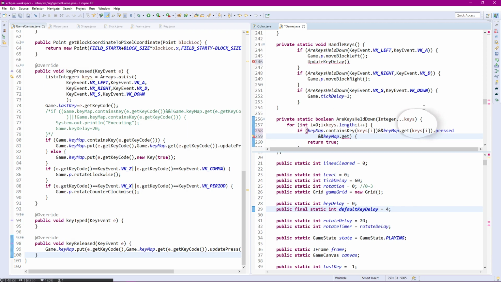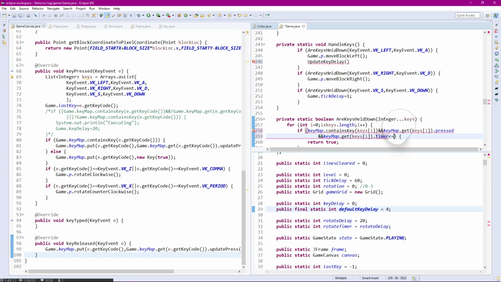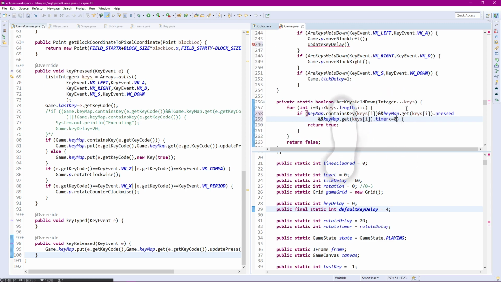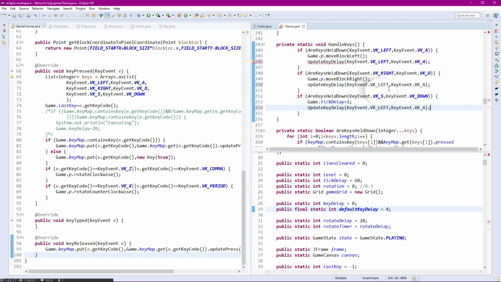Keymap.get(key).timer is less than or equal to 0, then return true. Then you update key delay after that happens. And you can do it for either one. I guess it doesn't really matter. We haven't made the function yet, so we're going to have to do that as well. But that should be the basics to having it so each key has its own delay, which is our